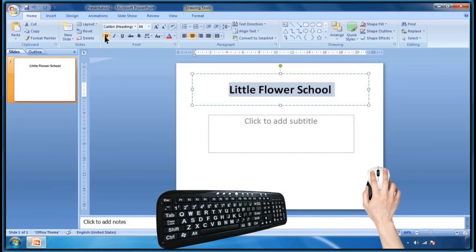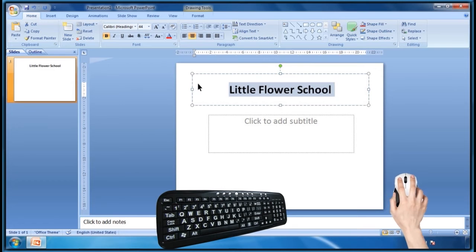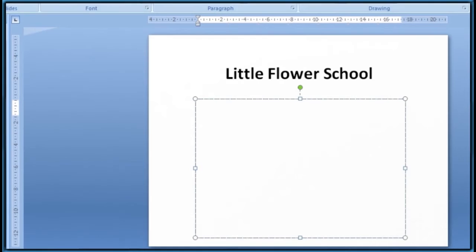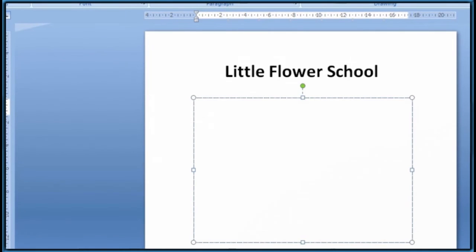Click on next placeholder. Here I would like to type address of the school.